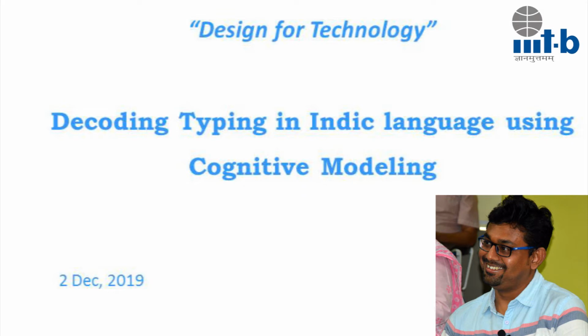We are still working in that space, but we used a specific method of design, which is cognitive modeling. Not many people speak about it a lot. Whenever you hear people speak about design, they speak about user-centered design and many other methods. This is a less explored field in HCI. So I have divided this talk into two parts. First, let me give some background about cognitive modeling, what exactly it is. I'll speak about some examples as well. And then in the later half of this talk, I'll speak about what we did in research for Indian languages, how we applied these cognitive modeling methods to developing something for Indian languages.